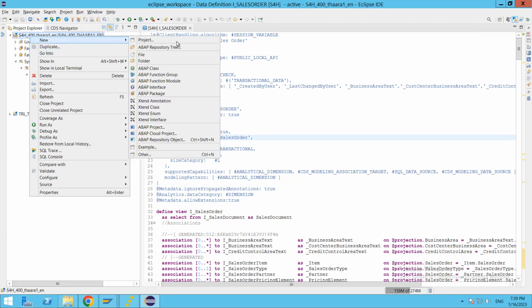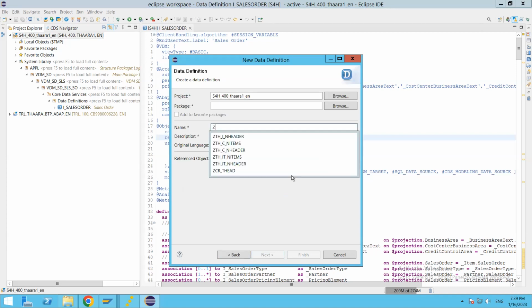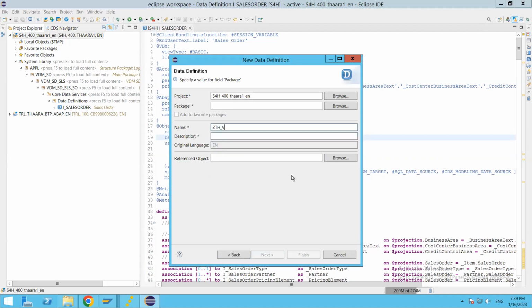So new, and let me choose other, and in the other, new data definition. I'm going to create a new data definition, virtual element sales text,